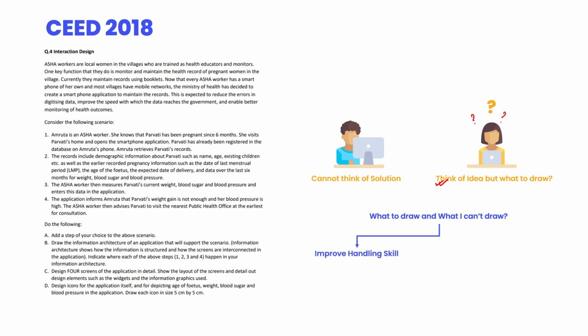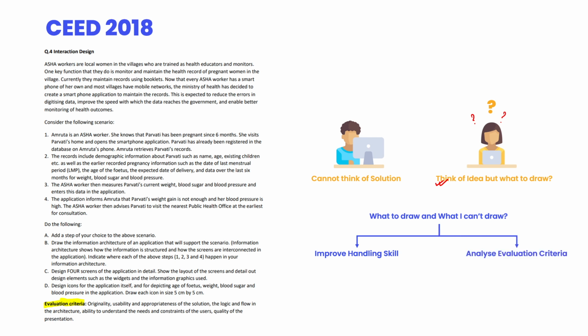That is, you make yourself capable of drawing anything. But then, as I said, this is an ideal situation and we know our limitations and we know that this is not practically possible. Well, there can be another way, and this can be sorted out easily if we scroll down a little bit and take a look at the evaluation criteria. It is the evaluation criteria that can help you overcome the fright of blank page in the exam hall. Reading and understanding the evaluation criteria can give you a better insight into a question. It can give you the right direction of thinking and analyzing a question.